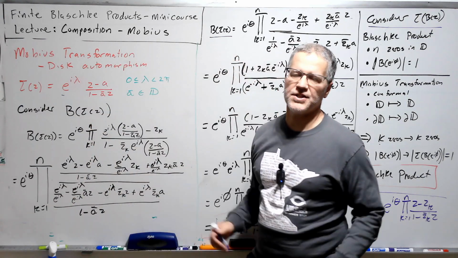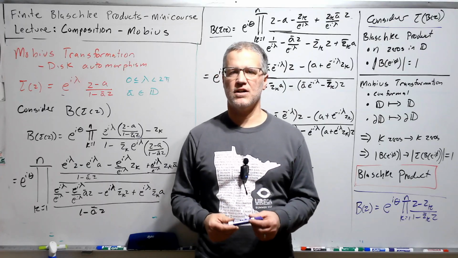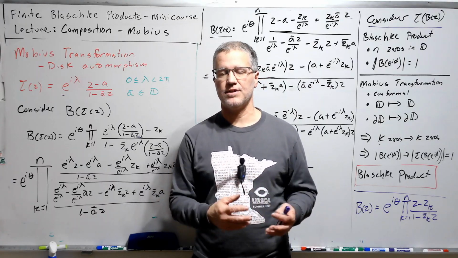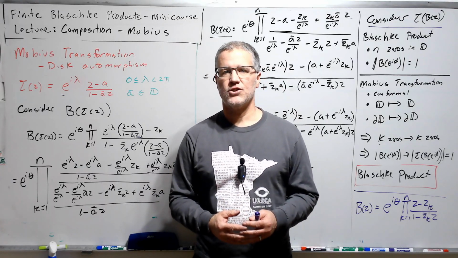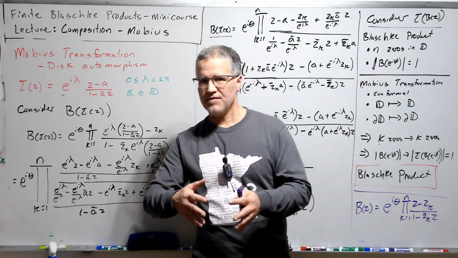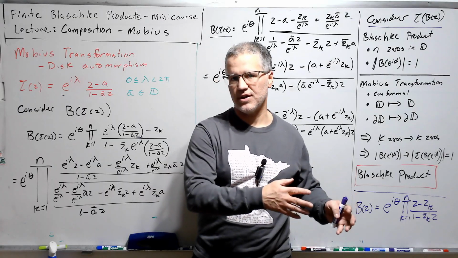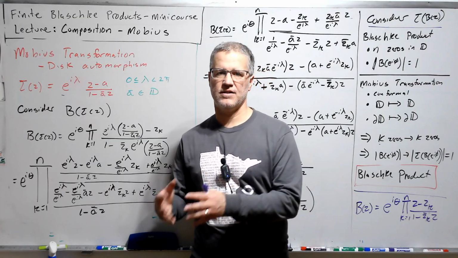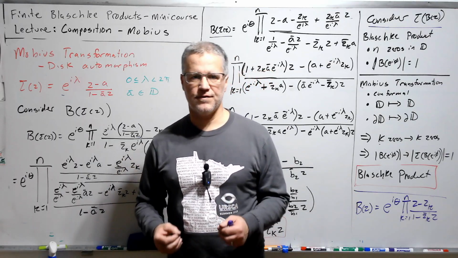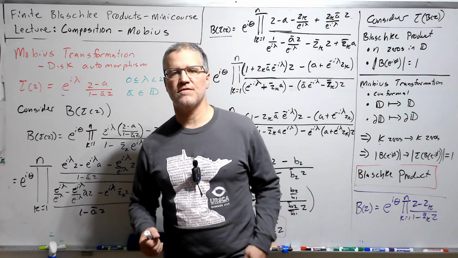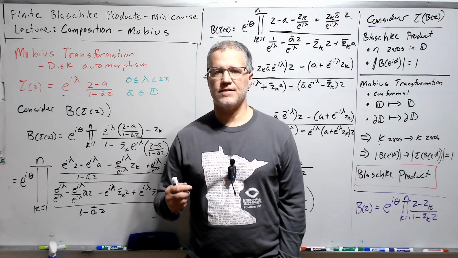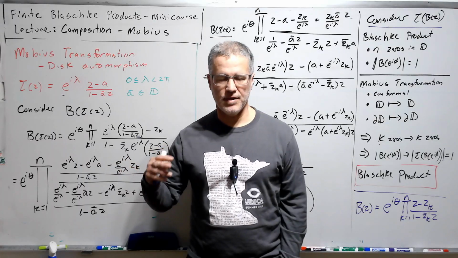So today we're going to talk about the composition of Blaschke products with Möbius transformations. We're going to look at the Blaschke product of a Möbius transformation of Z, and then we're going to look at the Möbius transformation of a Blaschke product of Z. This is going to be important for a variety of manipulations of Blaschke products, but most immediate to us is